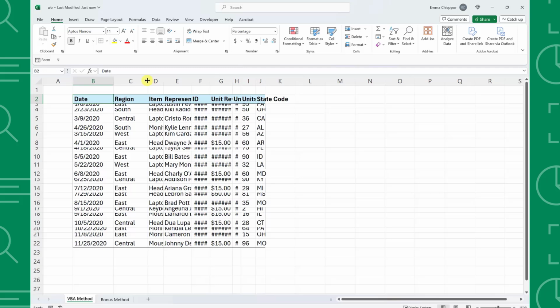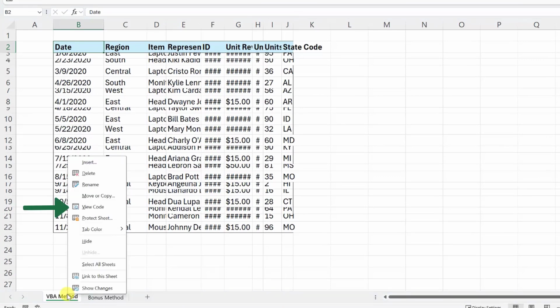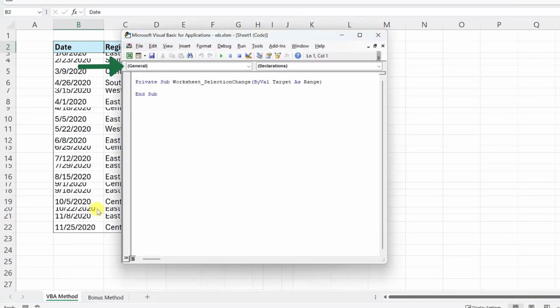until the end. To automatically fit columns to the size of data, first open the worksheet's VBA code by right-clicking the worksheet name, selecting View Code, opening the General dropdown, and selecting Worksheet. Now we can use the AutoFit VBA method to write code that automatically fits the worksheet's columns to the size